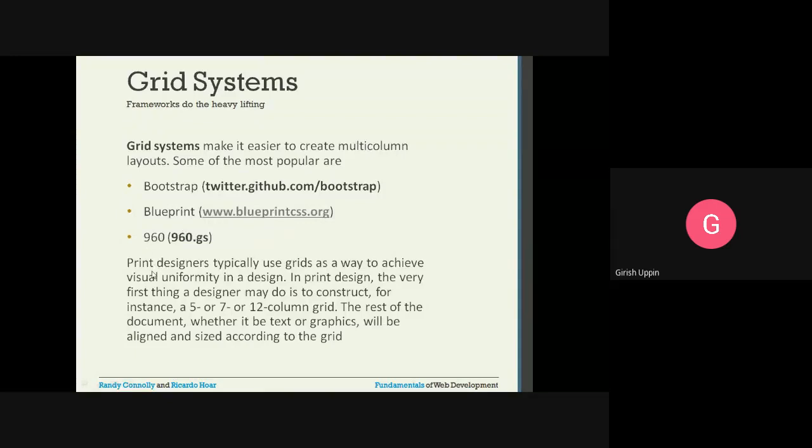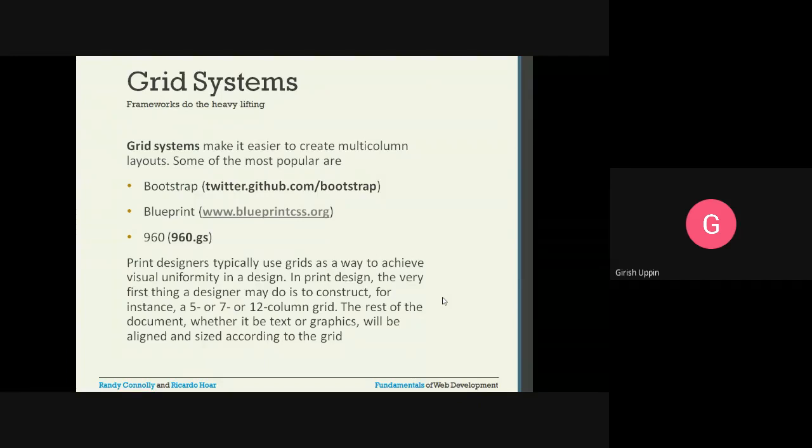And we have 960. Print designers typically use grids as a way to achieve visual uniformity in the design. So why do we use grids? So that we can have visual uniformity across multiple viewports.